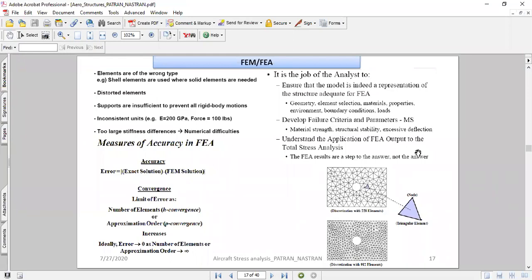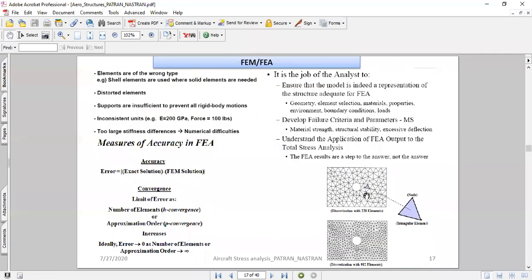It may not be Patran or Nastran, it may be ANSYS or Abaqus, or anything. Very simply, people make mistakes in the units. The units may not be consistent. For example, the force might be in the metric system and the length might be in the SI system, and they have to make sure that the units are consistent.